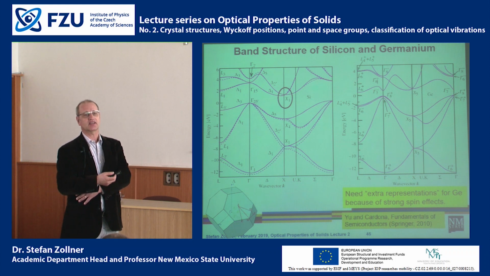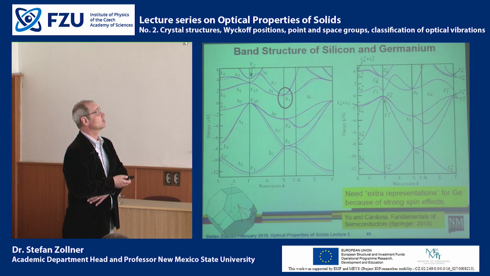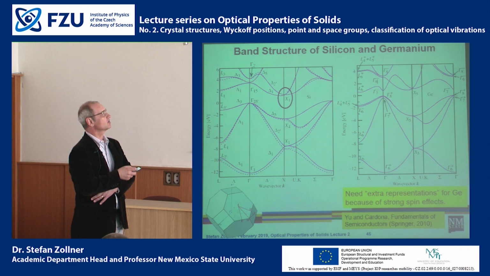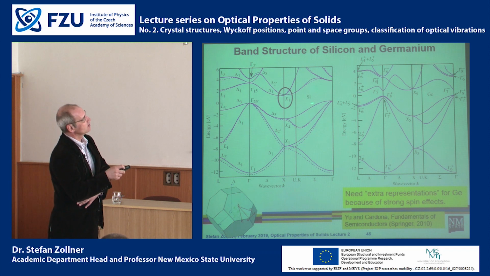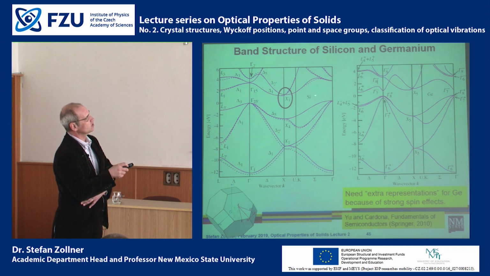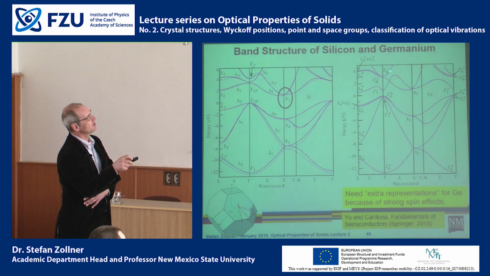So sometimes to understand the band structure of a material, it is necessary to consider the representations of the space group, because the representations of the point group are not sufficient to explain the band structure. Also, as we compare the band structures of silicon and germanium, we see that for germanium, we have used the extra representations to describe the band structure